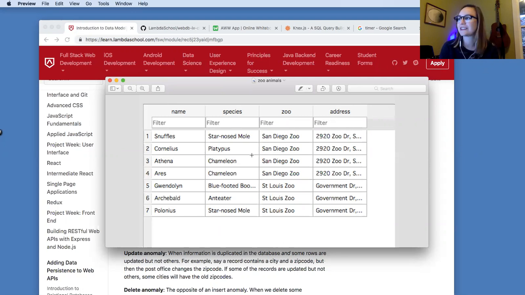Let's say something slightly simpler. The San Diego Zoo is renamed. Maybe some corporation bought it. Now it's the Google Zoo, or something like that. As far as the zoo is concerned, they have to change some signs, but how much of a pain in the butt would that be for us as a database developer